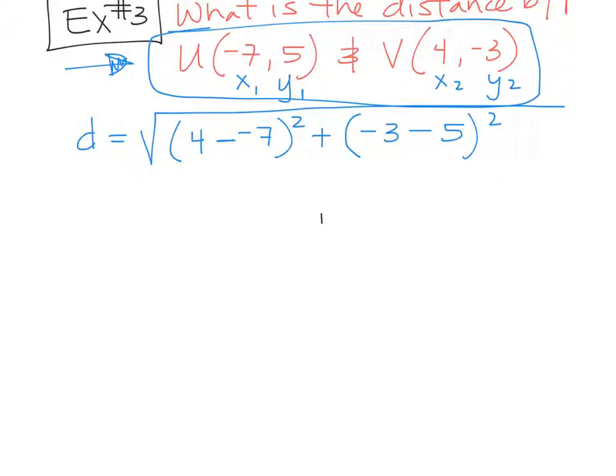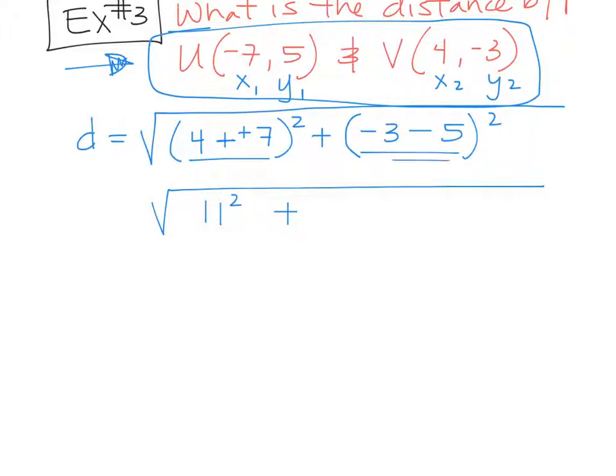So if we're going to simplify that, let me get this little dot out of here so it doesn't confuse us. First thing we're going to do is simplify what's in the parentheses. So 4 minus a negative 7. What does minus a negative become? Plus a positive, right? Minus a negative is always plus a positive. So you have 4 plus 7, which is 11 squared,